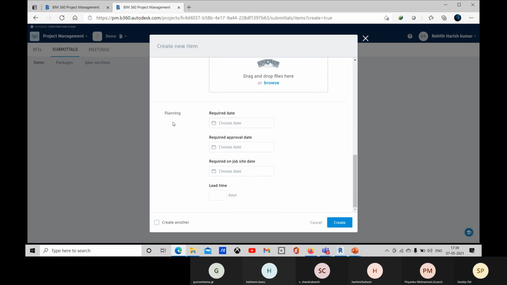And about the planning, you can mention the required on-job-site date, required approval date, required date. So when the planning is started, approval, and when construction is started, you will provide these here. So let's go for create.